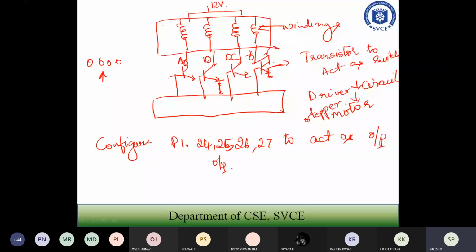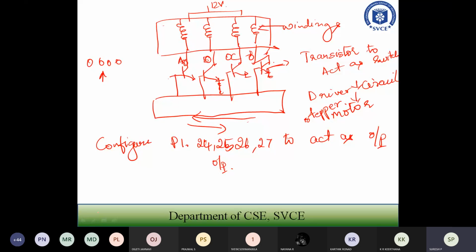When it generates torque on the rotor, you have the stator and rotor inside your motor, and that rotor will start moving in the anti-clockwise direction, depending upon the type of magnetic field established, or how the coil is energized. If it is energized from this side, it will be anti-clockwise. If it is energized from this side, it will be clockwise. That's how it works. This is the explanation for your stepper motor.